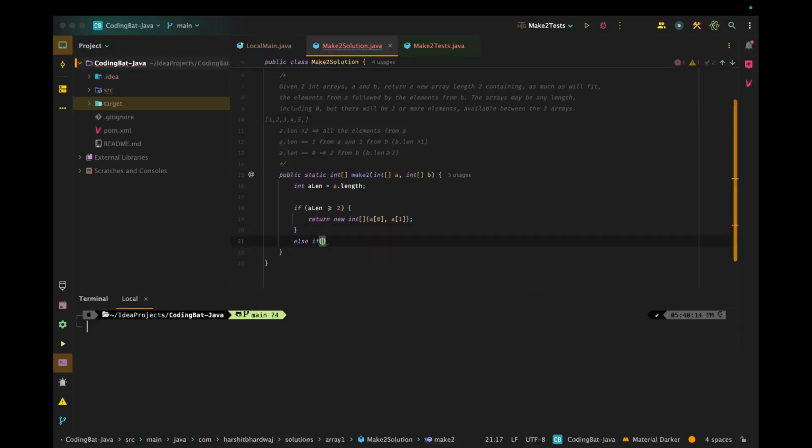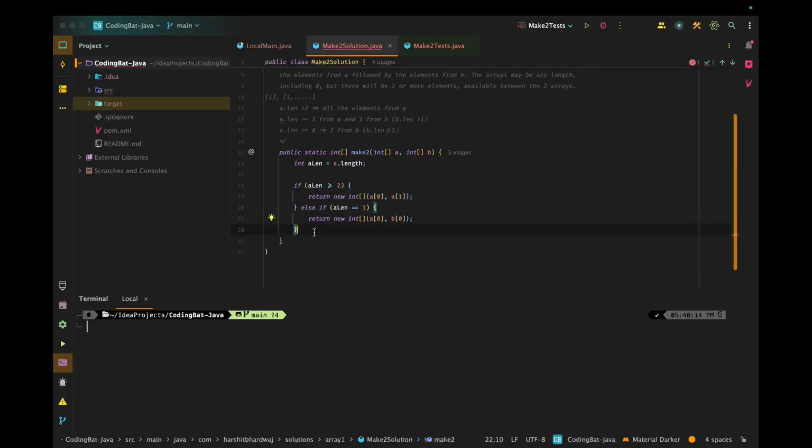Else if A length is exactly 1, so if we are having something like this, then of course for this we will be required to have the B array something like this, which can have more elements. So here we can fill the first element from the array A and the second element from array B.